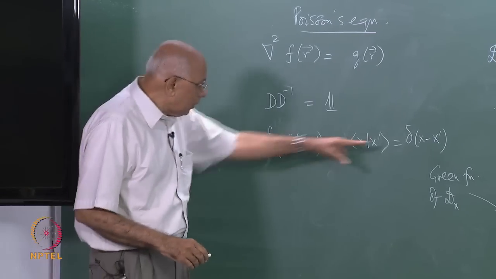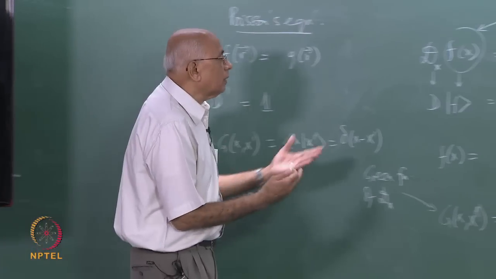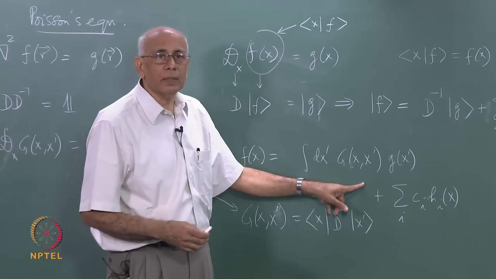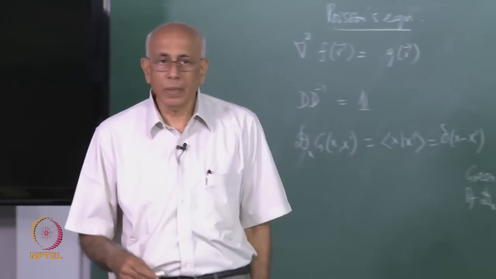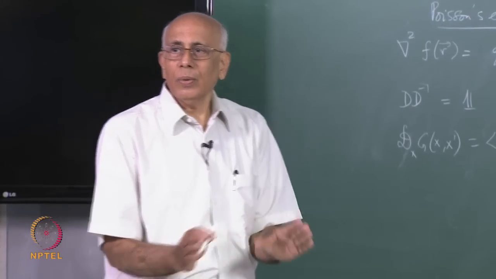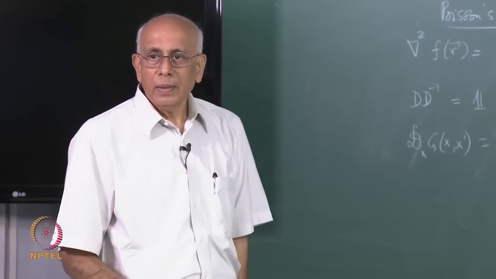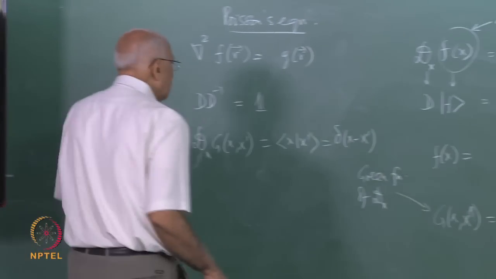So solve this equation with a delta function on the right hand side, and then you can solve this general equation by plugging that in here and then doing this integral. It gives you the particular integral. Okay. So this in a sense is the Green function method. All you are doing is to invert some operator, writing it in some particular representation, and it satisfies this differential equation,